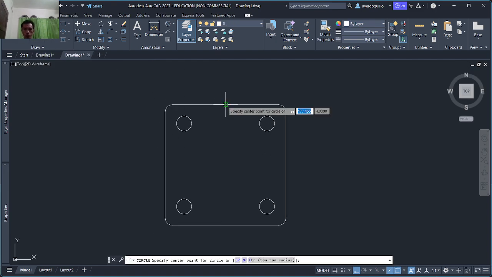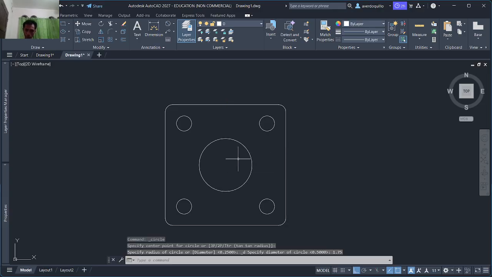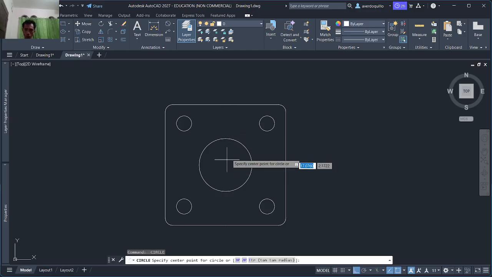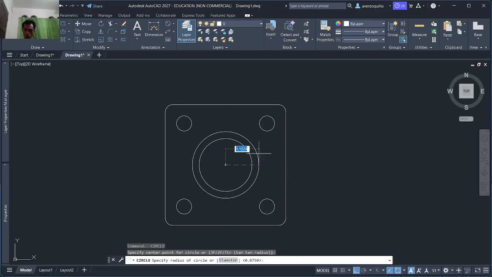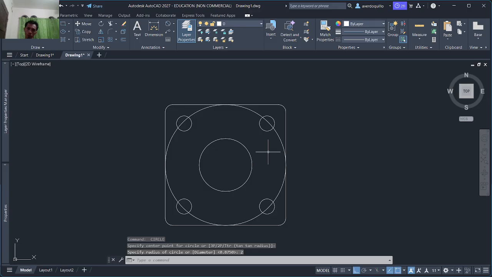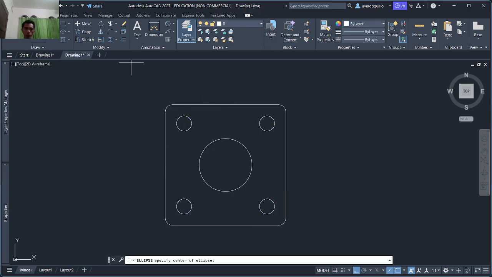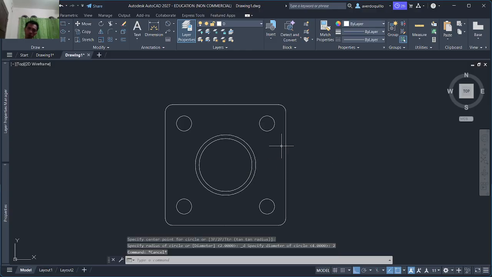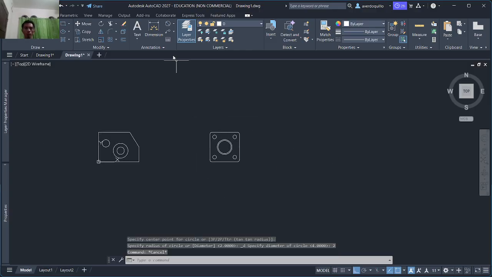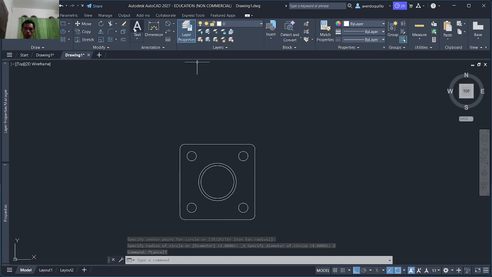Circle here, 1.75, 2. Okay. Now let's measure everything.